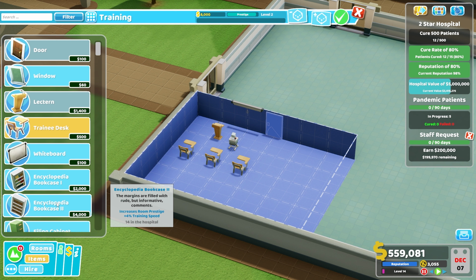We are back in Croquembouche, working on our 2-star objectives. First thing I'm going to do is buy a brand new plot. Now, one of the things I have noticed is our training is holding us up. So I am going to...